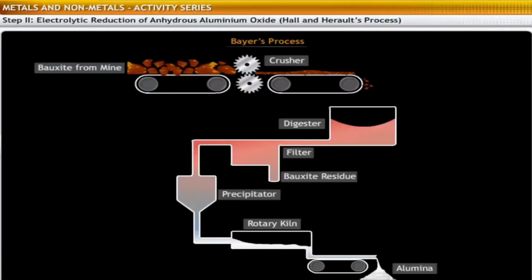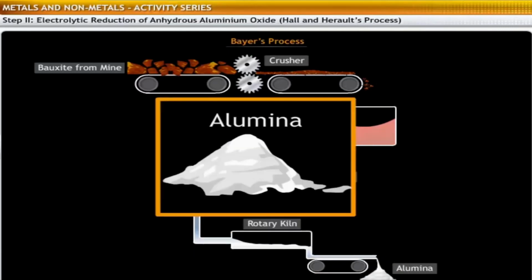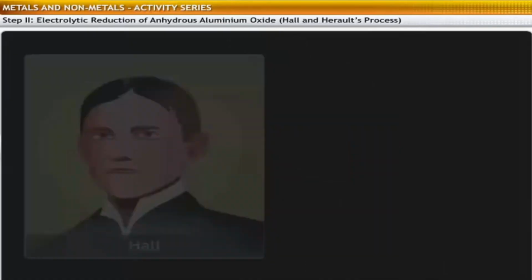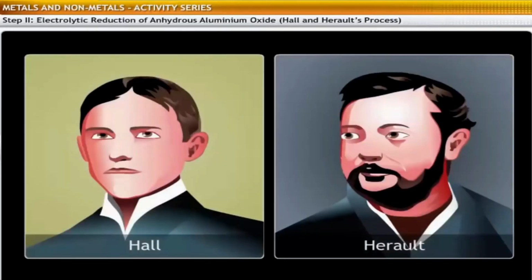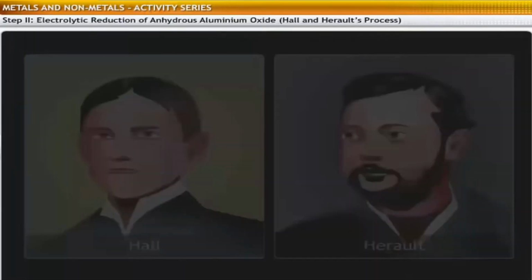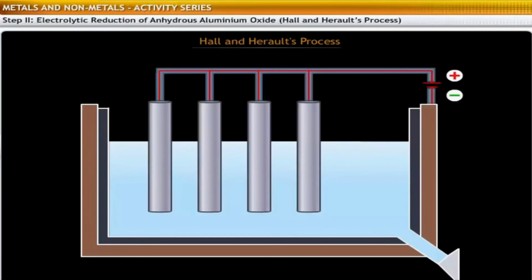The second step in the extraction of aluminium is the electrolytic reduction of alumina obtained using Bayer's process. This is done through Hall and Herold's process. Hall and Herold developed the process independently. The electrolytic cell used in this process has the following components: